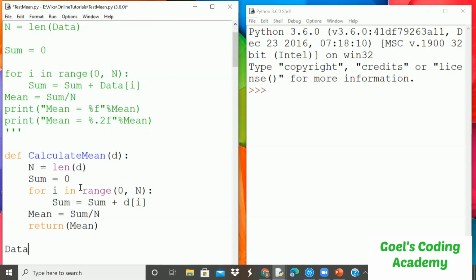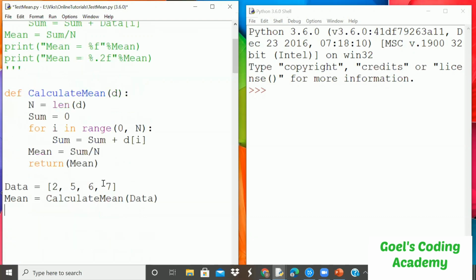First of all, we need to declare a variable data with values 2, 5, 6 and 7, and now I am calling this calculate mean, which will return me the value of mean. So now I will print out the value of mean that has been returned from the function calculate mean.